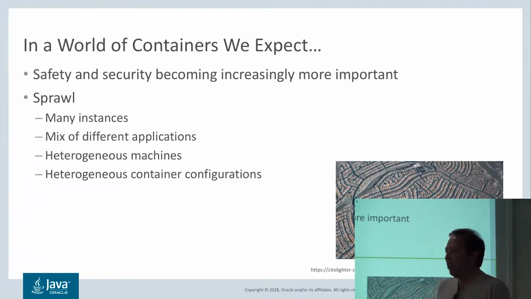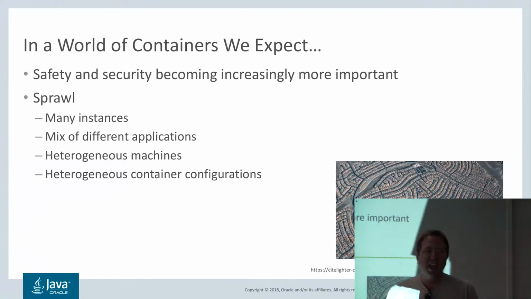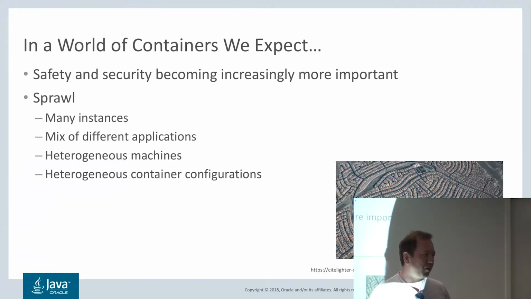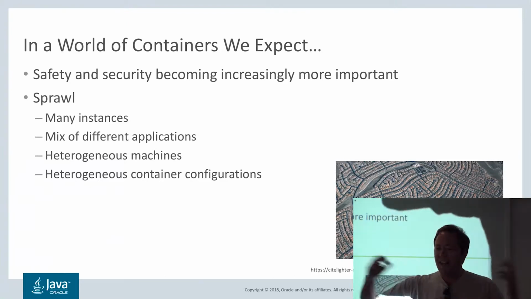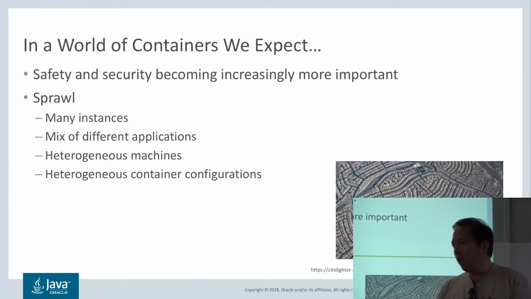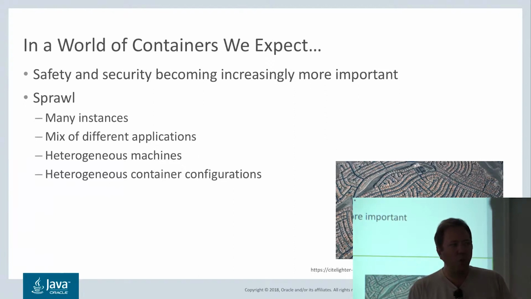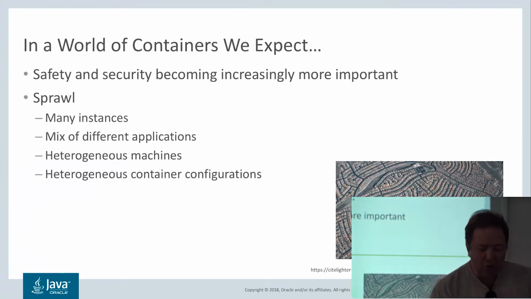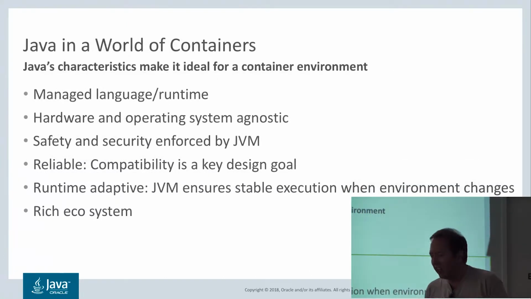We're also expecting to see sprawl, and what I mean by sprawl is that the environment you're running in is not homogeneous anymore. You don't have the same types of machines, the same configuration, the same latencies across the network, all of that. So everything will be different. When you run your thing, as much as the container world is trying to isolate and provide you with an idealized environment, there are still going to be differences in where you get deployed. That's important to take into account and keep in mind.